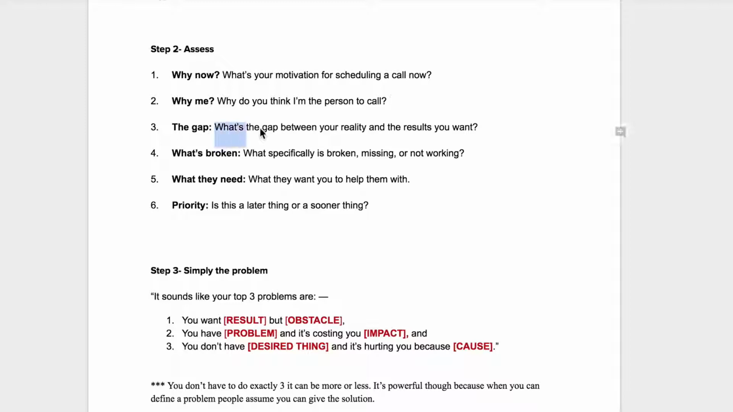You want to expand the gap. What's the gap between your reality and the results you want? Go into specifically what's broken, missing, or not working, so you know whether the solution you have is something they're open to. So if they think that they can't grow their business because they can't get their team engaged